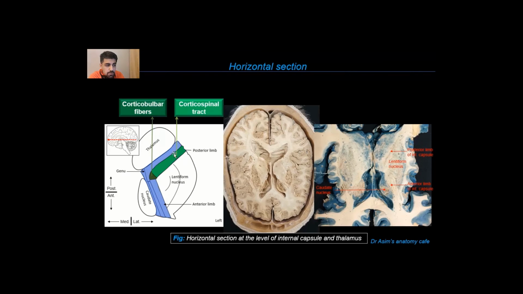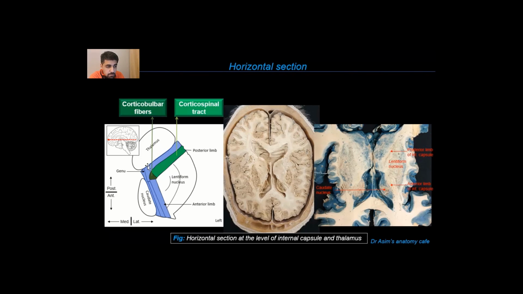The posterior limb of the internal capsule is related medially over here to the thalamus. So the thalamus and the caudate nucleus in the front are both medial relations of the internal capsule. Now here, since we're looking at a horizontal slice, we are only visualizing the head of the caudate nucleus, but actually the body of the caudate nucleus is going to continue behind over here. It's a C-shaped structure, and it's going to continue behind over here and then go down as the tail of the caudate nucleus. But the level at which the slice has been taken only shows you the head of the caudate nucleus